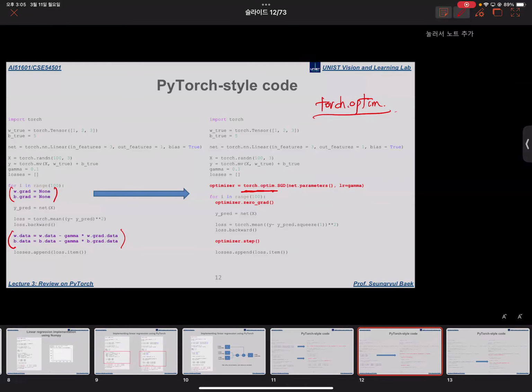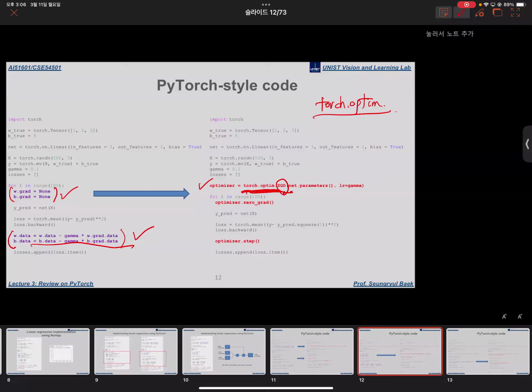SGD is the stochastic gradient descent algorithm, which is the simplest version of gradient descent, and its formula looks like this. They already have this gradient descent formula, so you can write it like this, but an easier way is to call